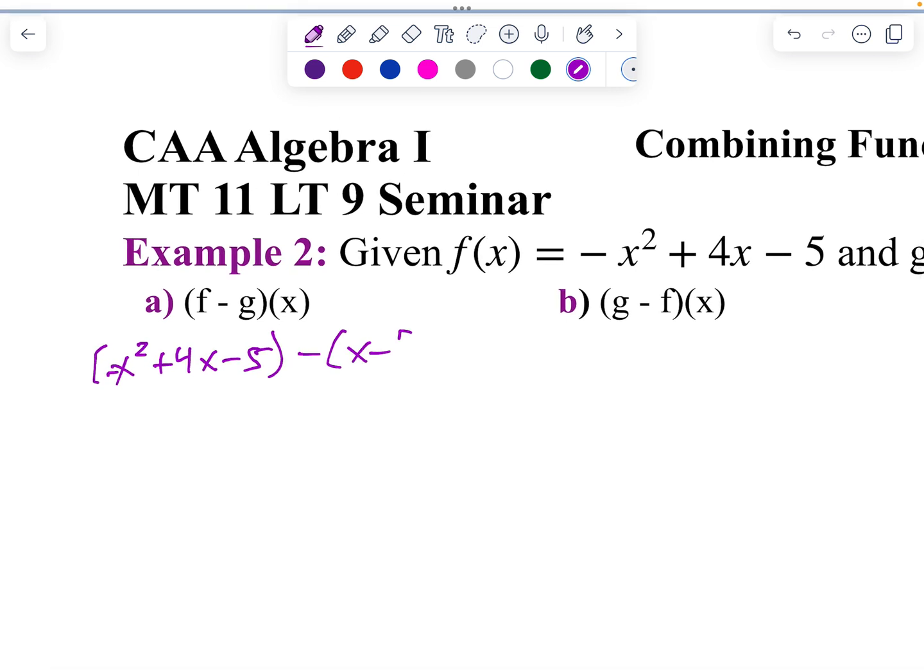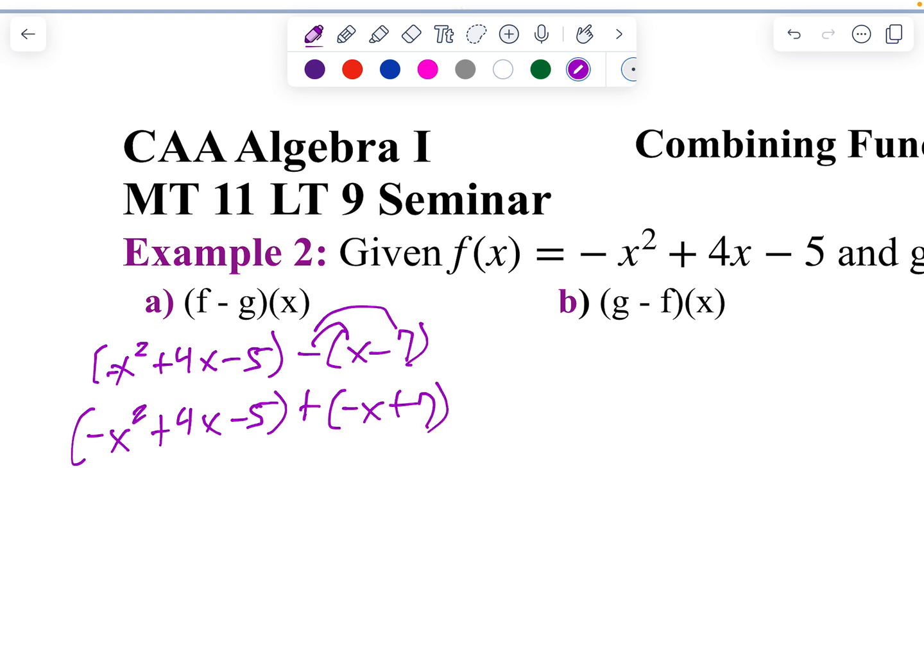Remember, when you subtract, we add the opposite. So f stays alone. I don't change f. I will change my minus sign to a plus sign, and I'll distribute my negative inside. So I'll say plus negative x plus 7. That looks like a test question we had. So we get negative x squared, 4 minus 1 is 3, and negative 5 plus 7 is 2. And that's f